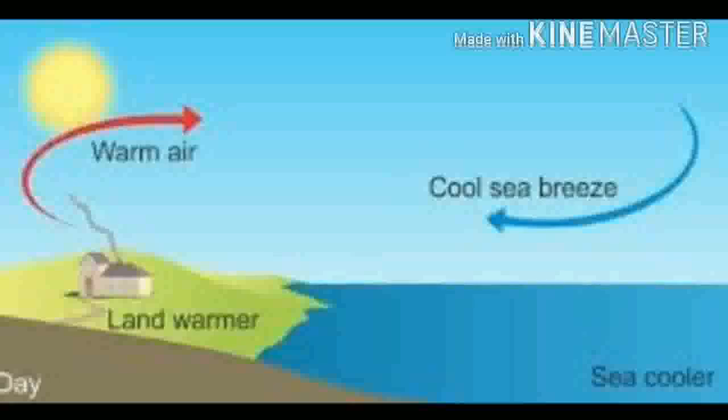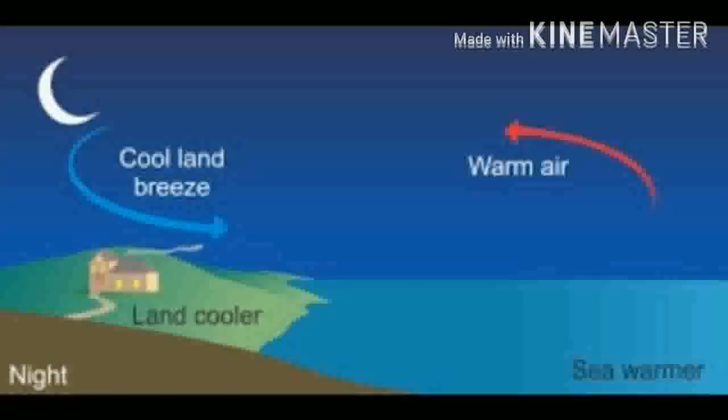At night, the opposite happens. During the night, the land cools faster than the sea. Therefore, the air above the sea is warmer than the air above the land. At night, cooler air from the land replaces the warmer air that is present above the sea, thus resulting in a land breeze. Now, we understand that natural convection currents keep the earth warm. Air from the warmer parts transfers some of the heat to the cold polar regions.